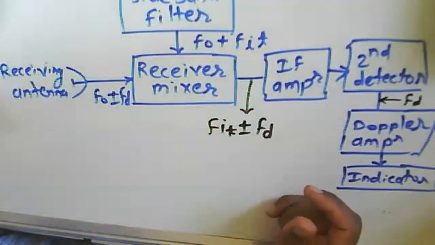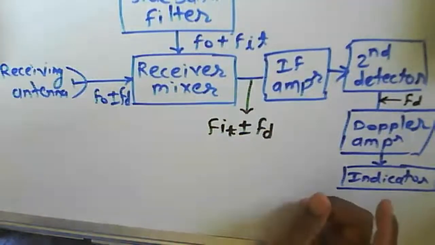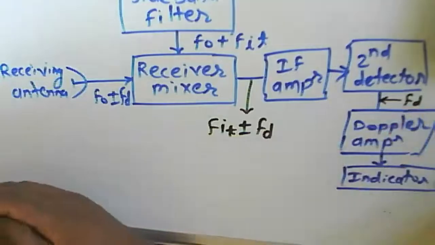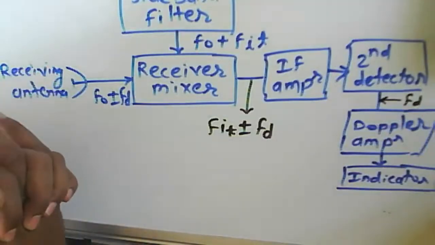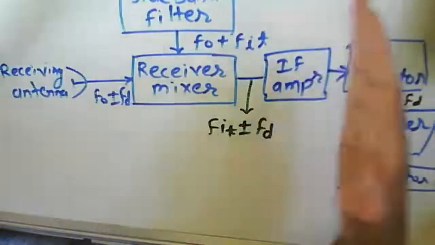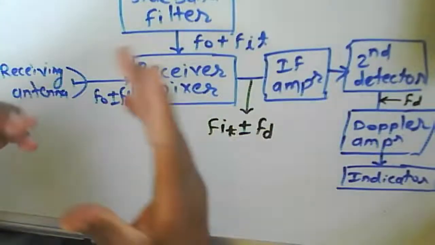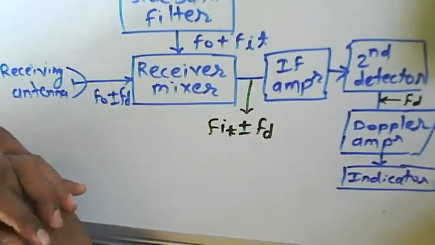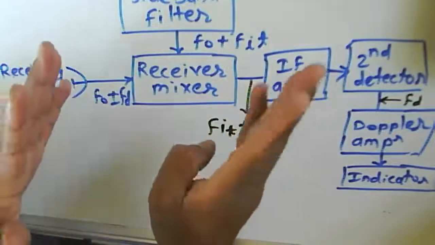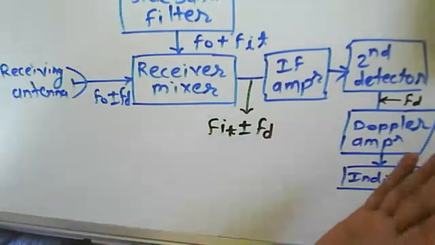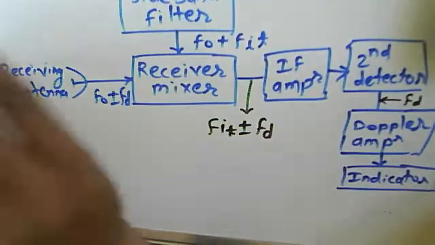That will remove the noise, and that will be used to operate your receiver for wideband operation. Instead of that single filter, we can use multiple filters, and that will improve the bandwidth, or improve the frequency response characteristics of this Doppler